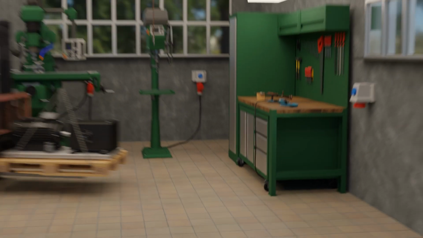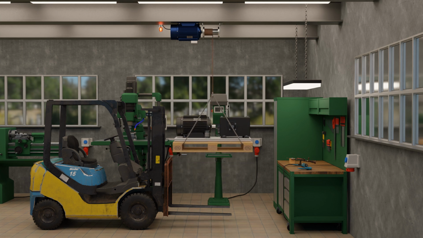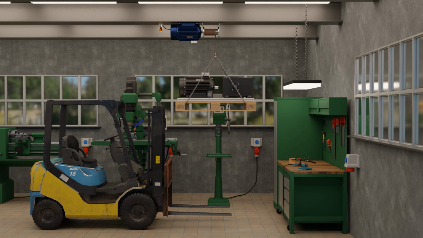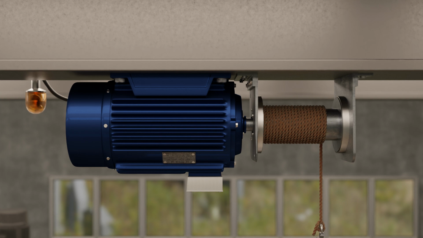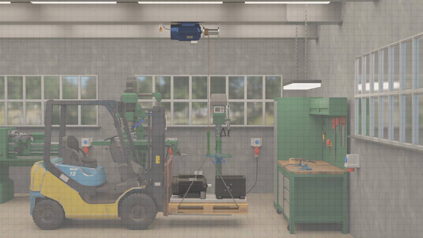Let's look at the example of a motorized rope winch that pulls a load upwards at a constant speed. The winch drum is connected directly to the motor, so that the motor shaft drives the winch drum directly. Let us first consider the question of what motor power is required to lift a load of 200 kilograms at a lifting speed of 20 centimeters per second.